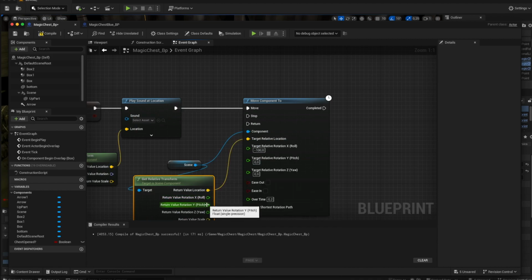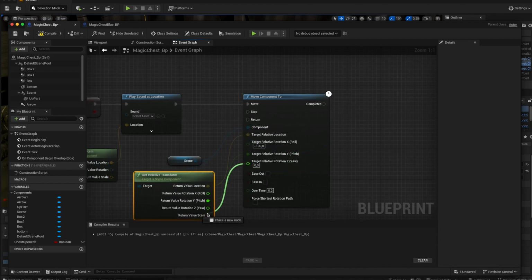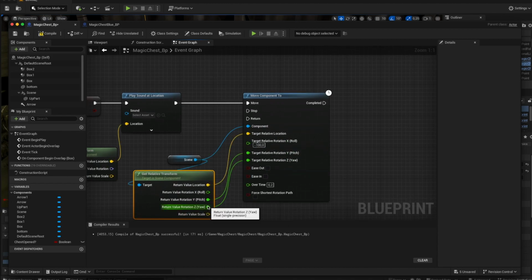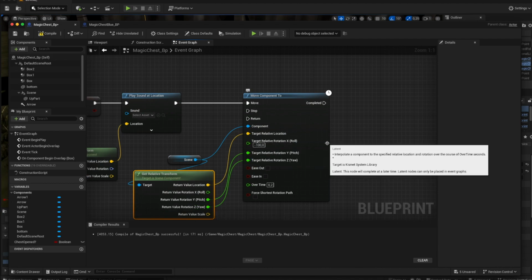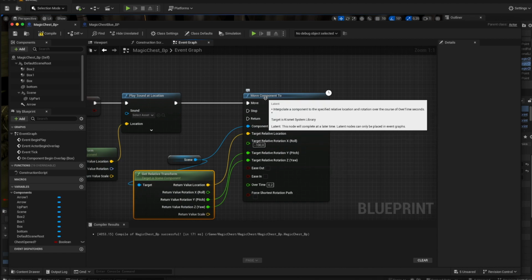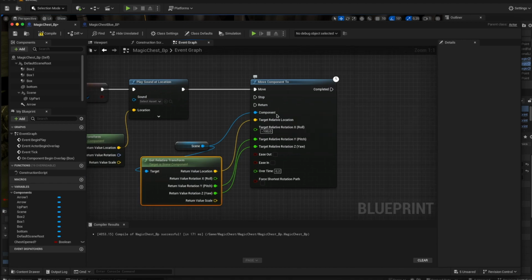X we leave, but Y and Z connected, plug in, and we could try it out, but